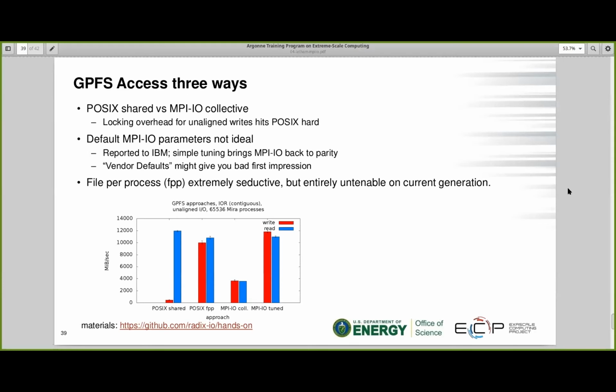It was a second generation of a machine. The hints were set for the previous generation. And so any user that took our advice and tried to do collective I/O would observe a terrible performance and would probably get very frustrated and give up. But if we adjust these defaults just a little bit, it was just one line in the library, we're able